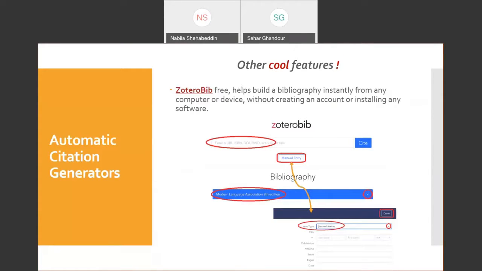In Zotero Bib, a student can either type in or enter the URL or the DOI or the title of the source, select the citation style and click on Cite, or they can enter the information manually by going to manual entry, select the item, whether it's a journal, a book chapter, and fill in the information, then cite the source. There are many other automatic citation generators,